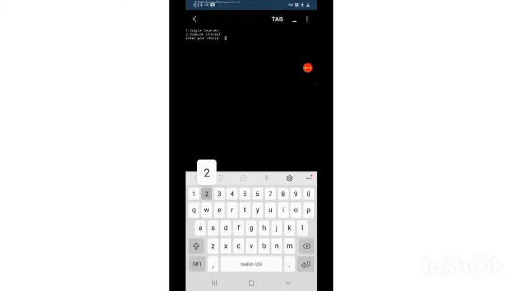Now again if I write 2, compound, enter the principal 100, 2, 3, the interest is 106.